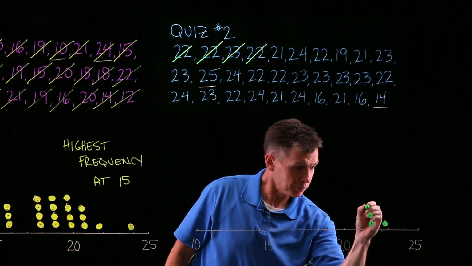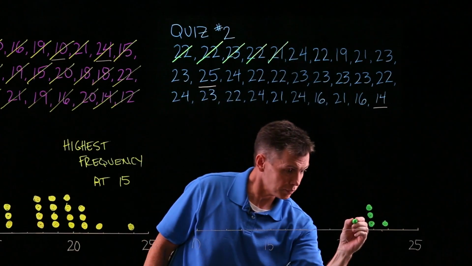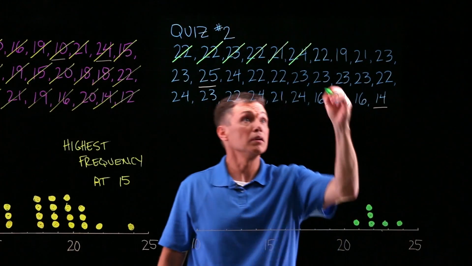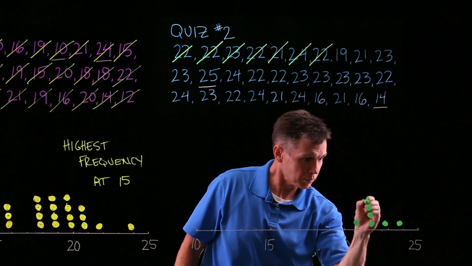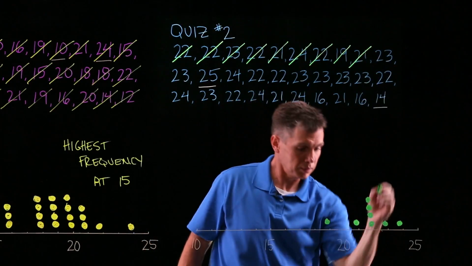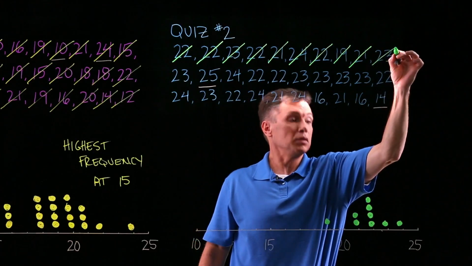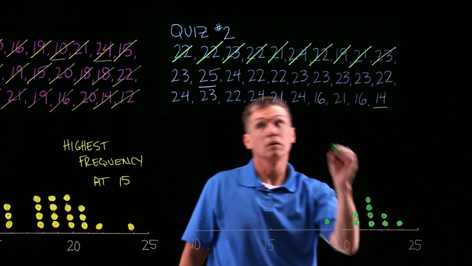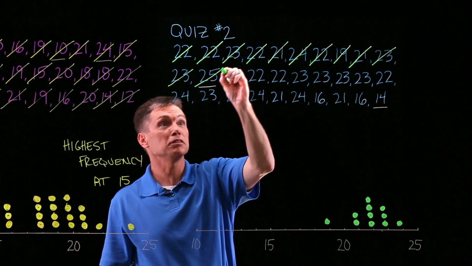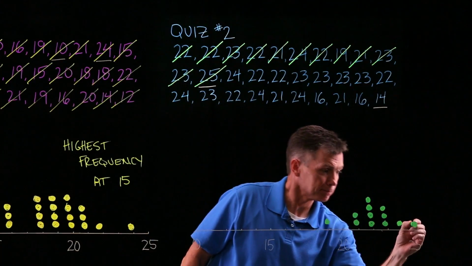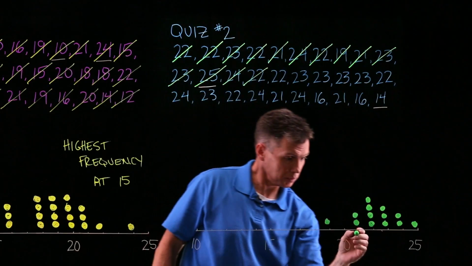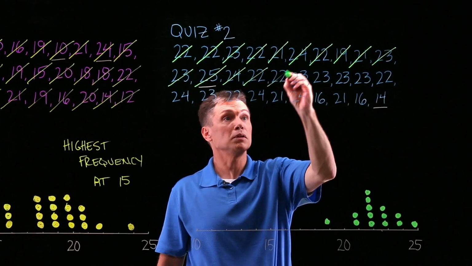22, 21, 24, 22, 19, 21, 23, another 23, 25, that's your score there, I think, 24, 22, another 22,